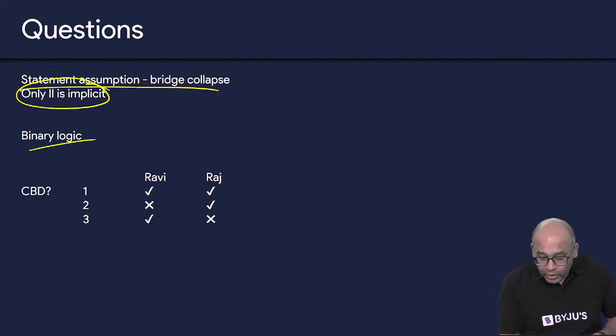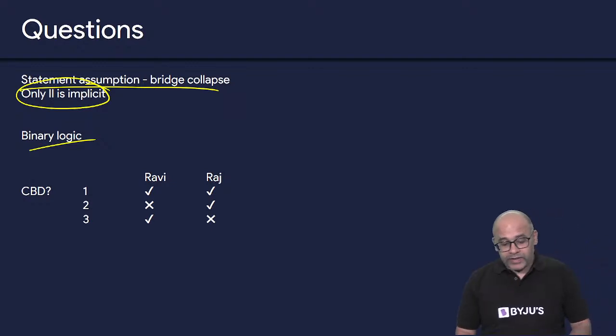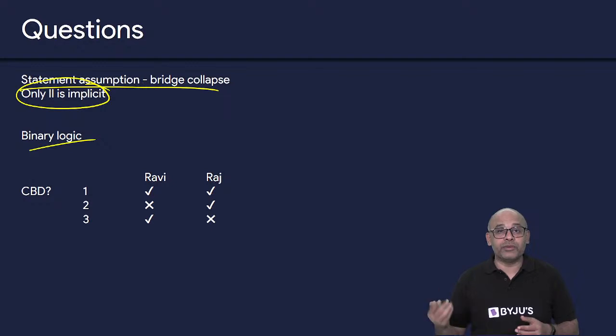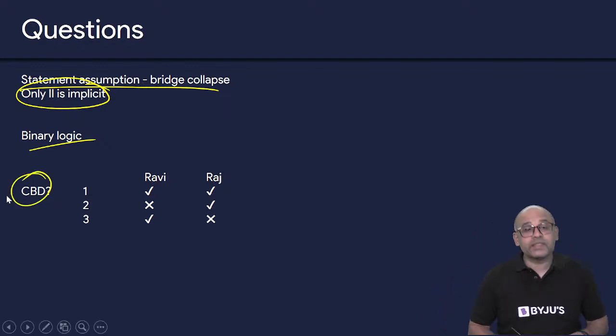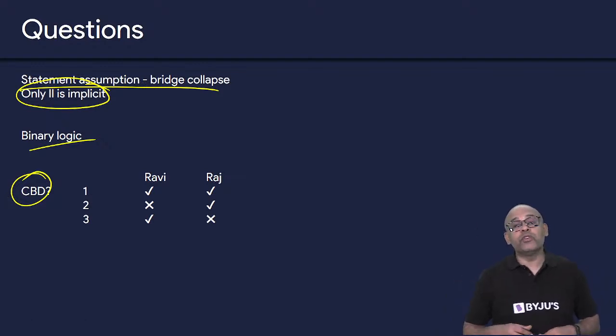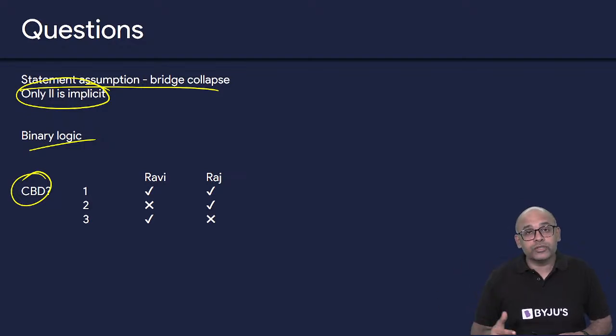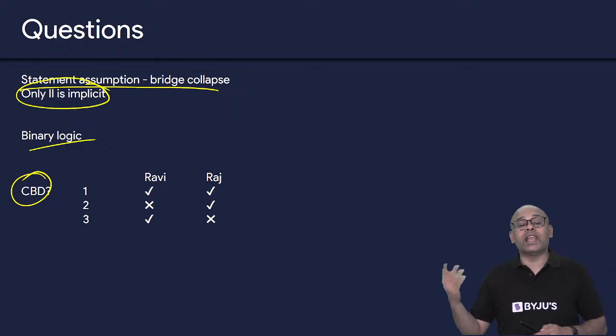Next, there was a binary logic question. There were 3 students attempting a question paper, and they made these 3 statements. I believe the answer is cannot be determined, because if you go by each student, you will get different answers. So the answer is it cannot be determined who is the liar, because